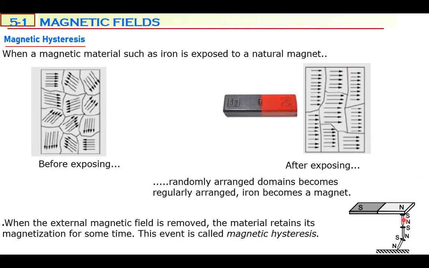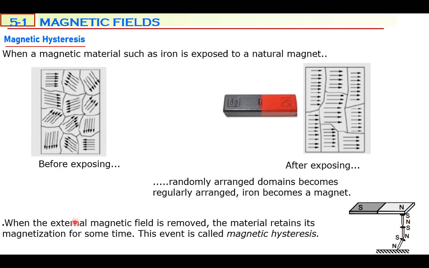So a magnet can attract a pin. So the pin becomes a magnet. It attracts another pin. So this pin becomes a magnet and it attracts another pin, as you see. So the reason is what? This external magnet is making the domains of this magnetic material, this iron, align in the same direction and become a kind of magnet. So this pin